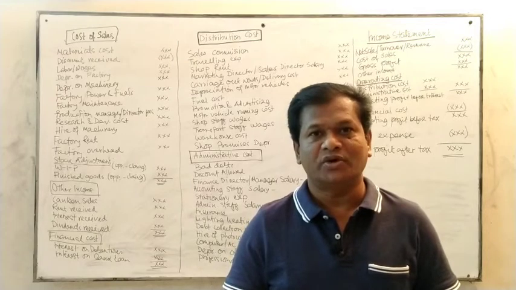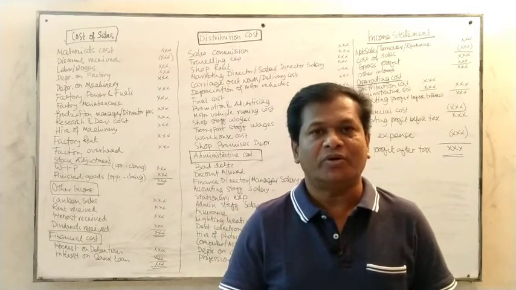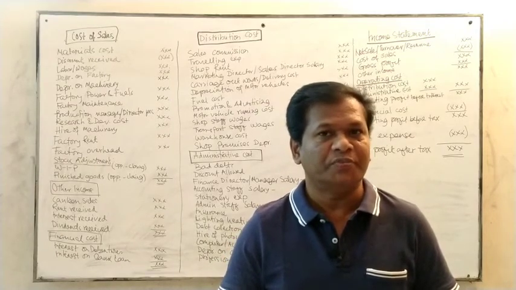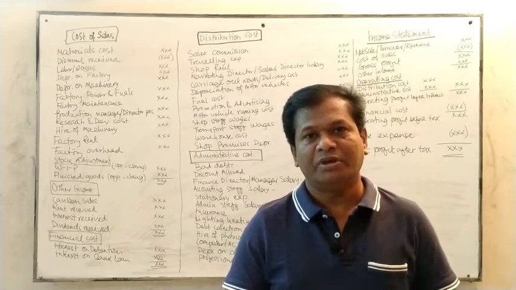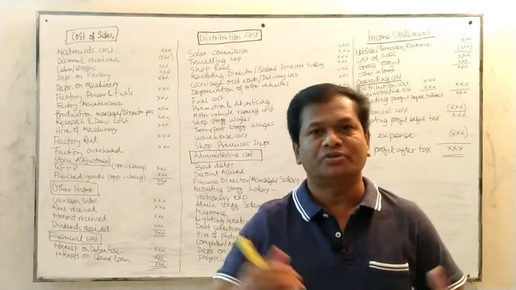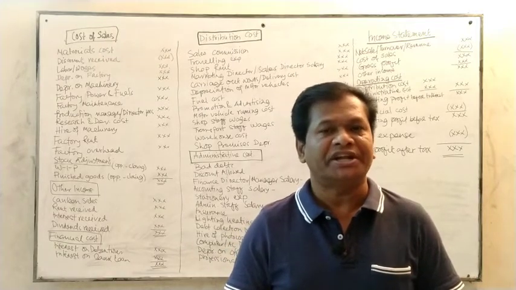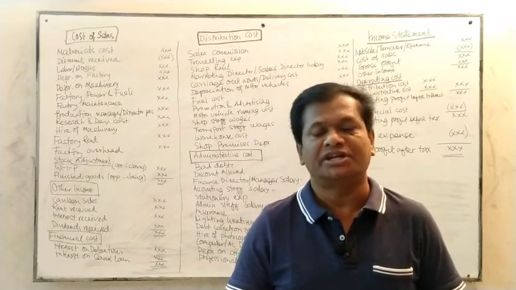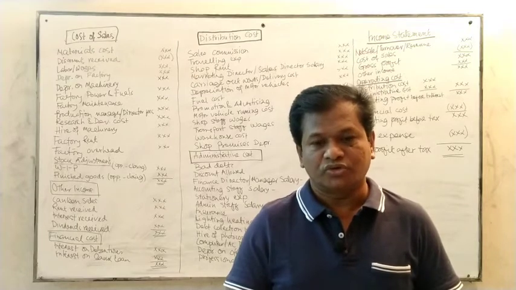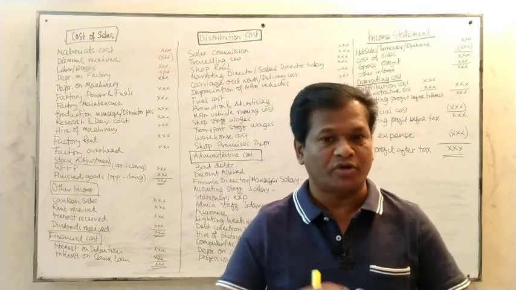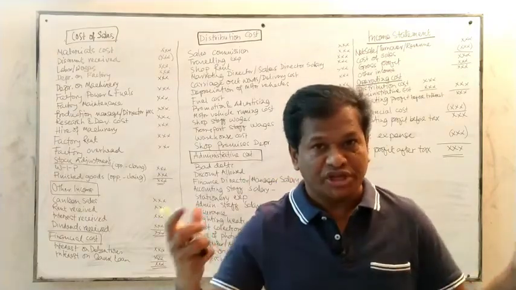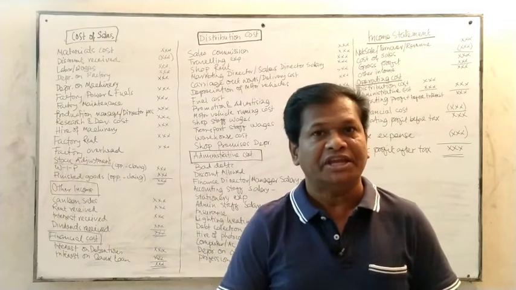So in most cases, whenever you are going to do the income statement, obviously some additional workings and some additional computation will be required. Maybe 4 or 6 additional computations. First of all, you have to find the net sales or net turnover. Sales minus returns is the net turnover, net sales. Then you have to find the cost of sales. Cost of sales is not a single element, it is a combination of elements. So you have to find the total cost of sales, and that is to come to the income statement.